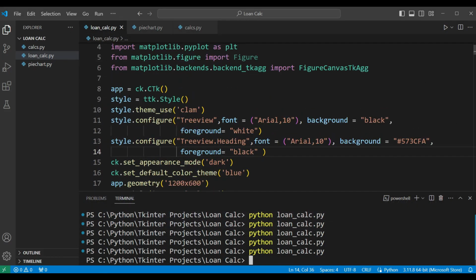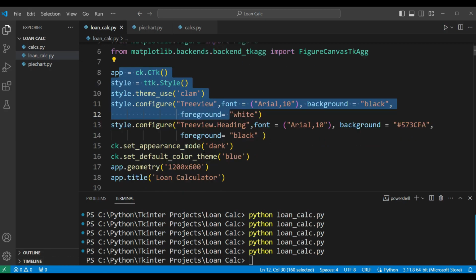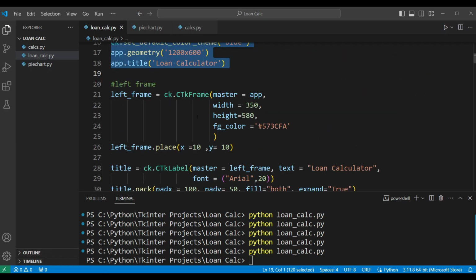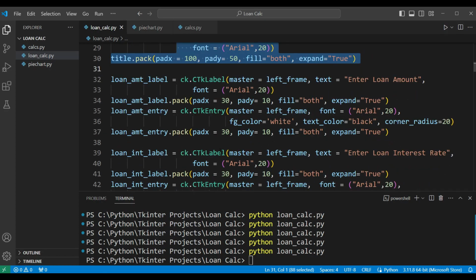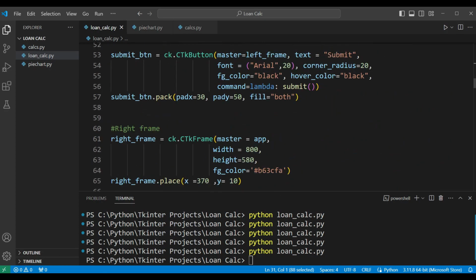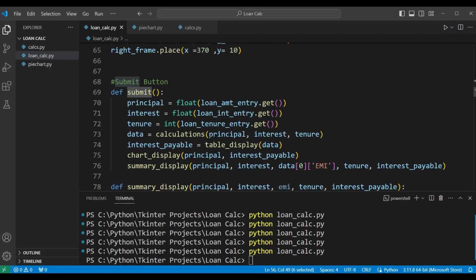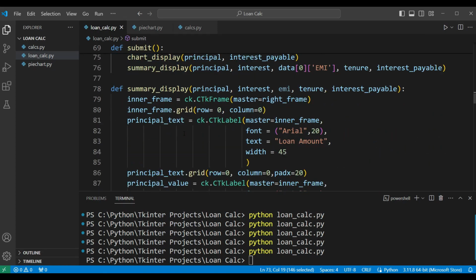First, we created a geometry and set the theme, and we created the left side frame, and then we added the labels to get the information from the user. Once we got the user input, we created a submit command for the submit button. Once the submit button is pressed, we take the principal, interest and tenure from the user, and then we do the calculations. There is a formula to calculate the EMI, and once the EMI has been calculated,